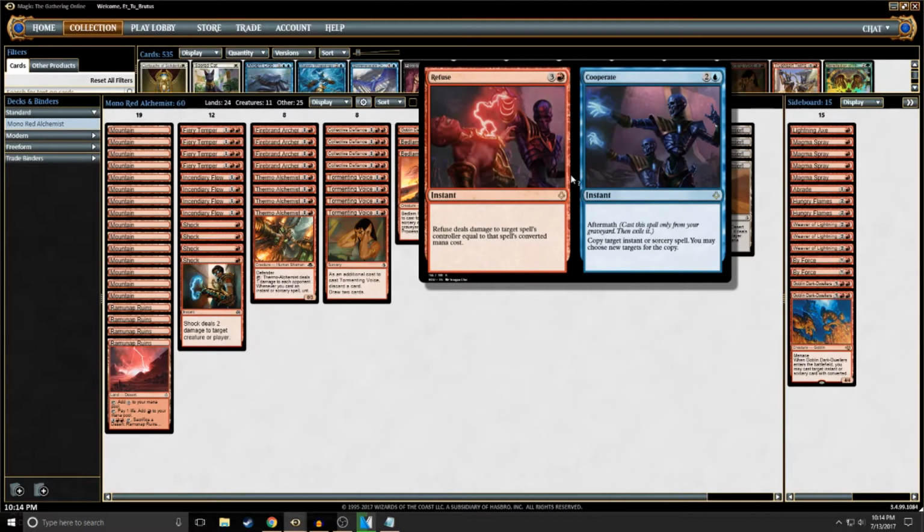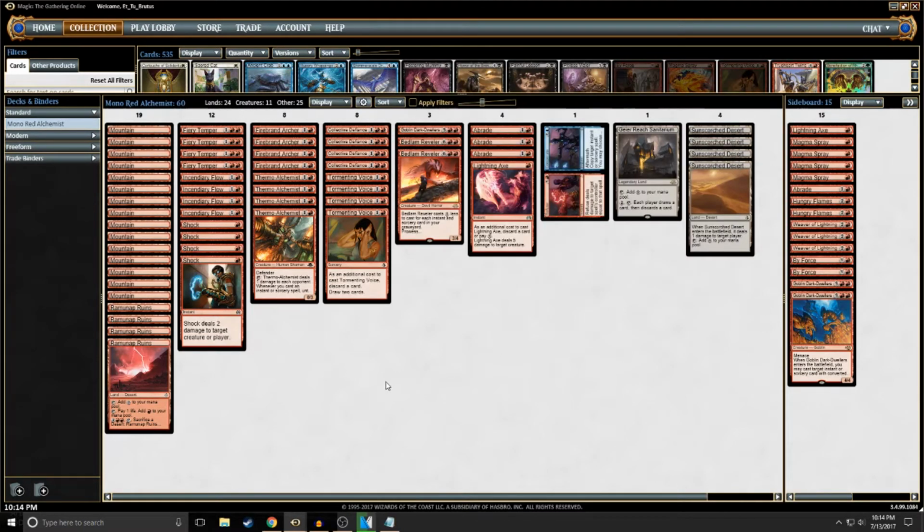where they should be scared. For the lands, we have 15 basic Mountains, but besides that, we have 9 non-basics. We're running 24 lands because we do have quite a bit of high end. That number can possibly be changed, testing that out as well. But currently, I like where we are at with lands, especially when 4 of them are...